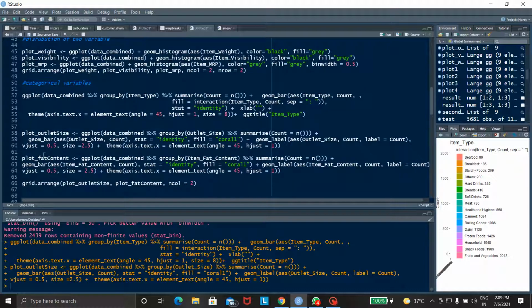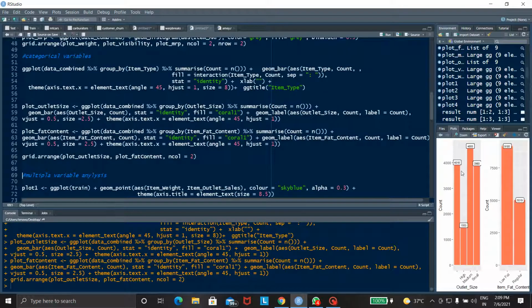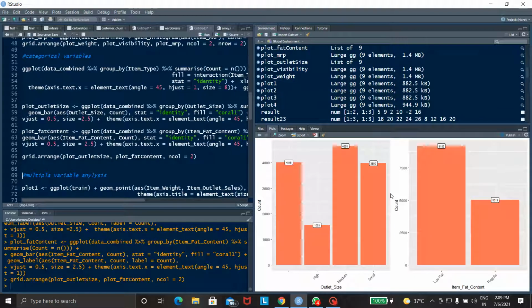Then plot fat content. Here is the program to find out fat content. Then run this program. After that the output is given below: the outlet size and item fat content.